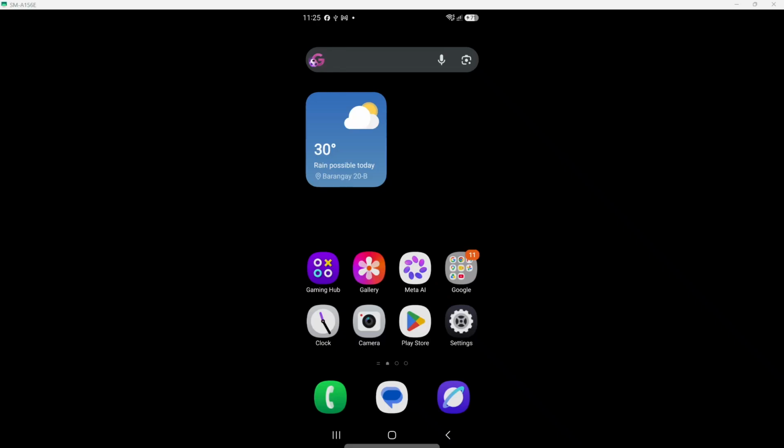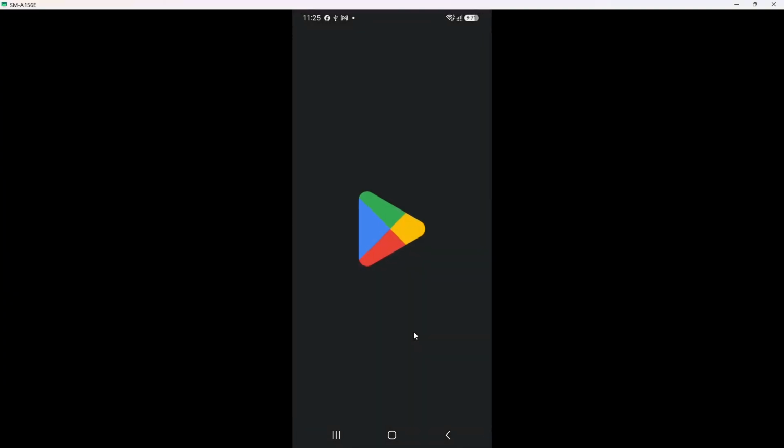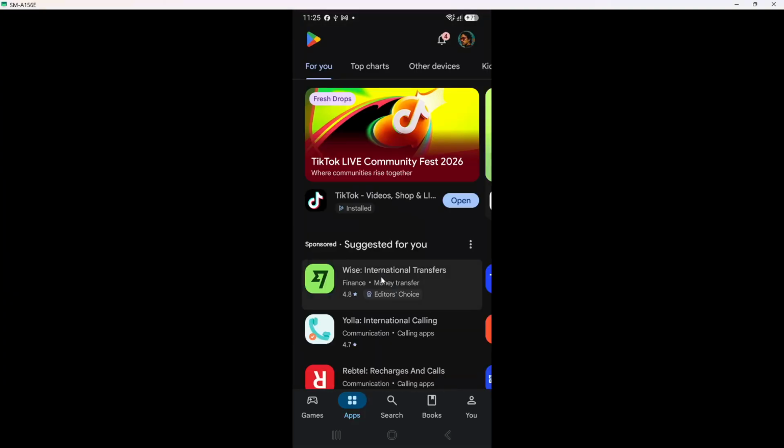In today's video, I'm going to teach you how to download AWS Console app on Android. First, let's open the Google Play Store. You can find the Play Store icon on your device's home screen or in the app drawer. It looks like a colorful triangle. Tapping this icon opens a world of applications for you to explore.